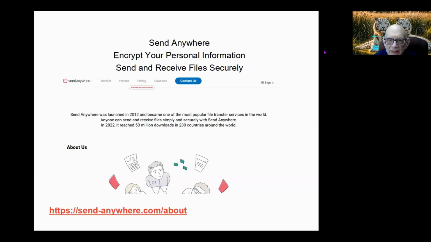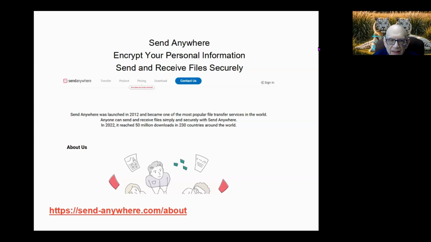And one of the things that we talked about is encrypting your personal information. This is a site where you can use it to send your personal information securely. I have not used it. I use other methods to do it, but I did a little research on them.